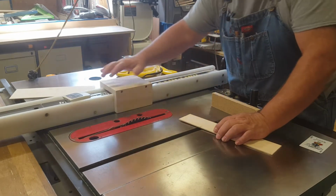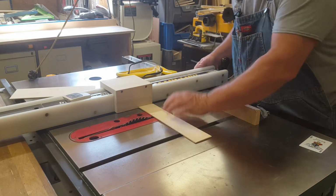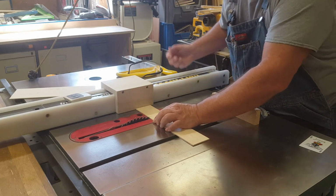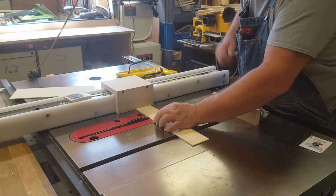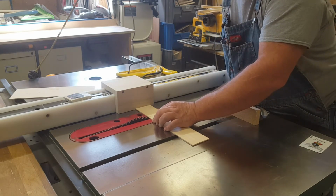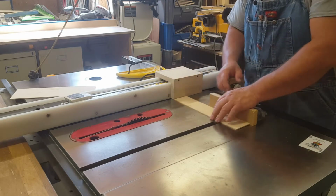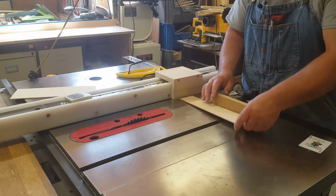And then I slide this up by my blade. And what I do is move my fence just enough to make that cut. And I think that should be about right. So I got it set to the width. And then I can just take this and slide it back here. Now I know when I take this strip, and your strip might be longer because you're going to make more of these,